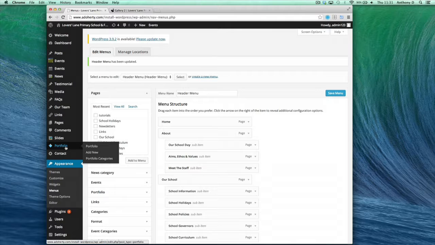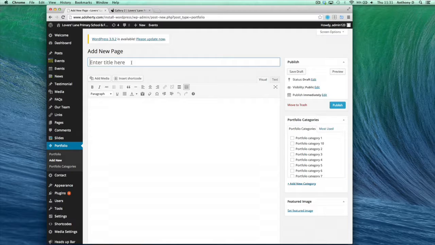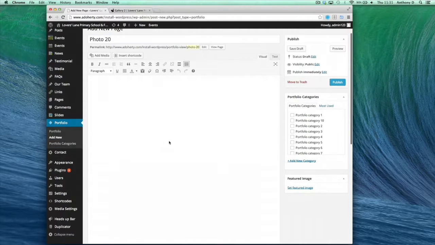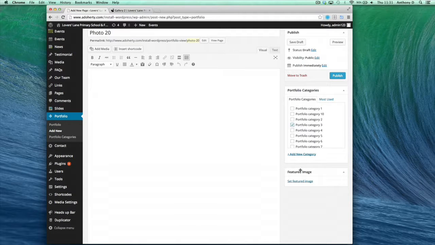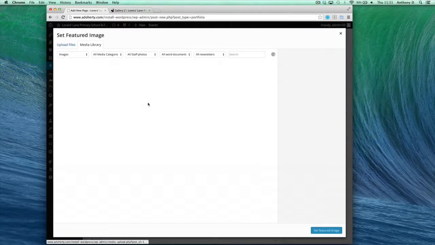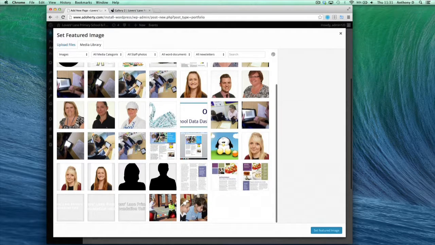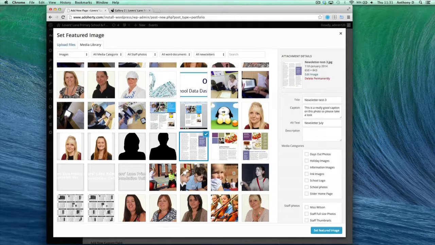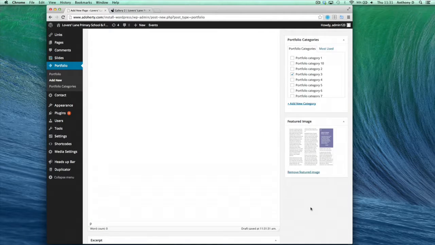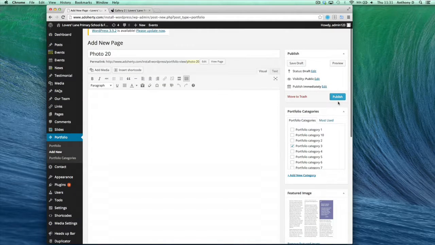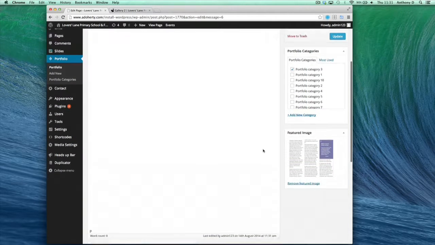Right, so if we add a new portfolio, I'll just go straight to the new, add new here. Let's call this photo 20. We don't need a description now, so I'm going to put it on category 3, set our featured image, and we shall do this one here. That's our featured image. Now we have to save it before we go back to the media to find our URL